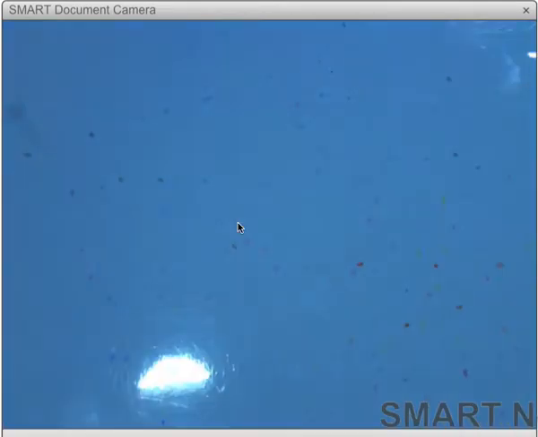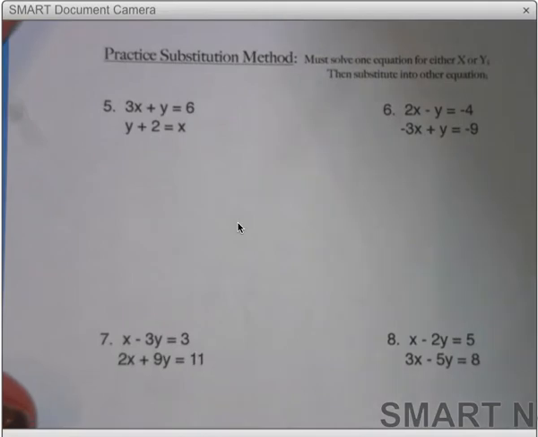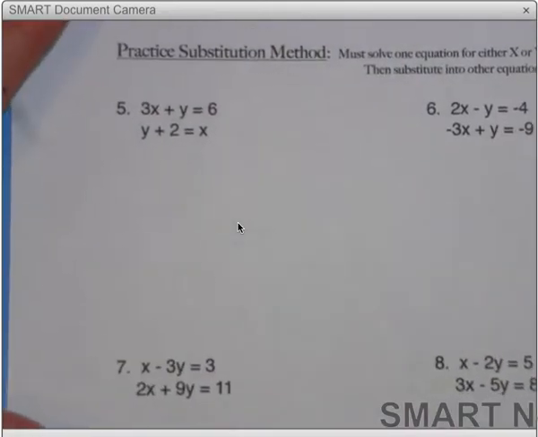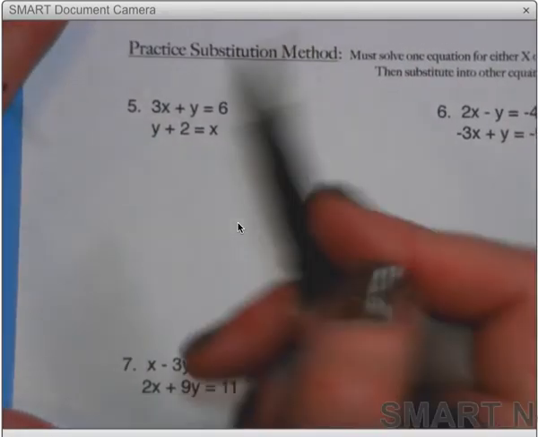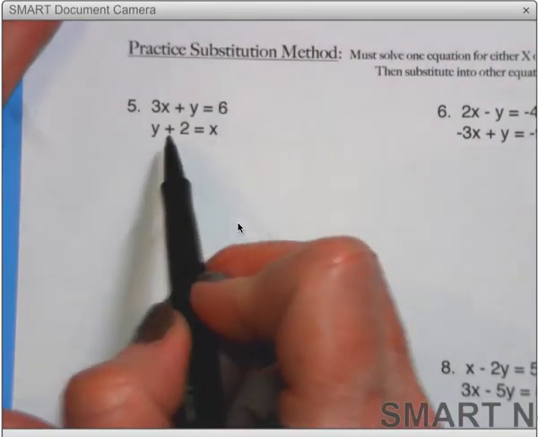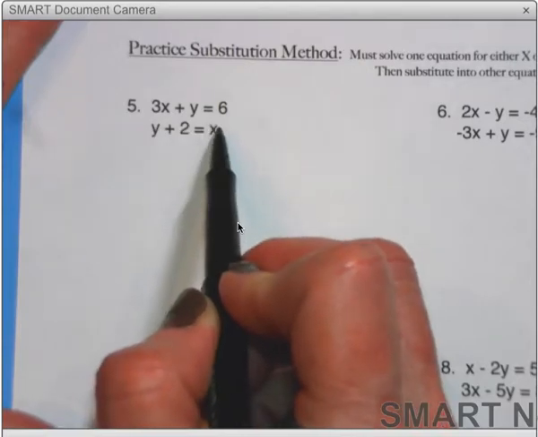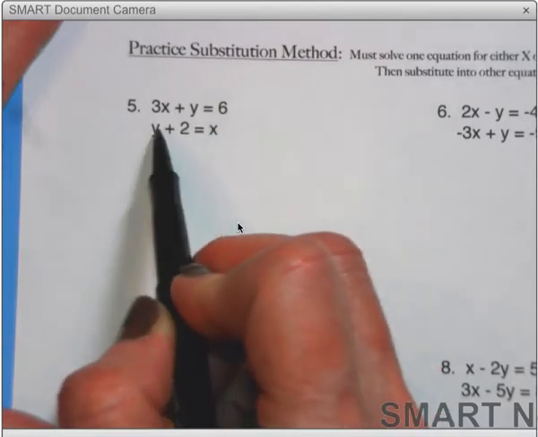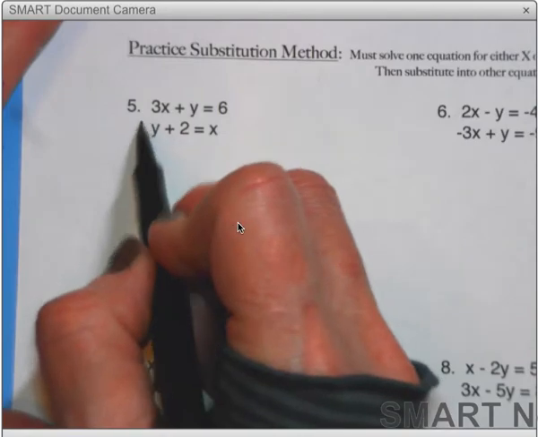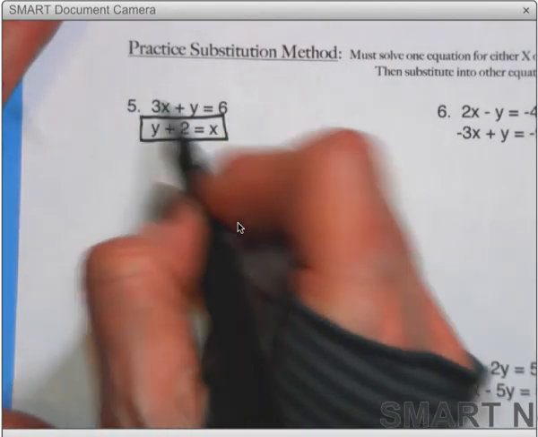And let's move to page number 6 in your notes. And let's do a few of these together just because this is the focus of the video. I just want to make sure that you're okay with the substitution method. So the first system is set up perfectly for substitution. You can see that in the second equation, the x has been isolated. X has a coefficient of +1. X is isolated. So I'm going to take the expression y plus 2, and I'm going to take this into